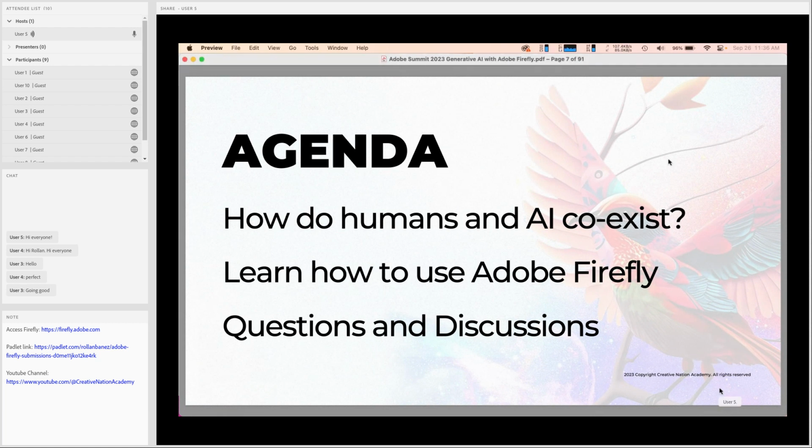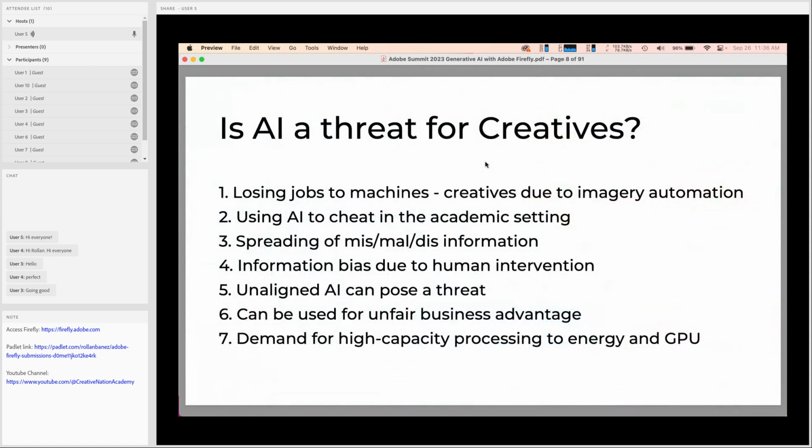And we're going to learn how to use Firefly, on which I'm going to provide you a demonstration on each one. And if you have questions, let's open a discussion for all of this. I'm very open for all of you to do so.